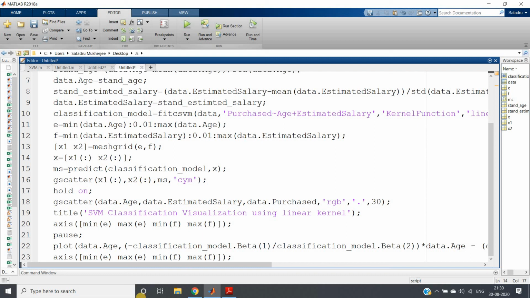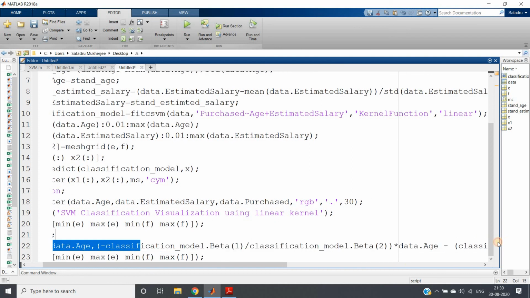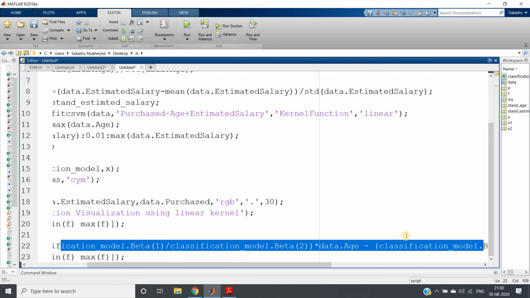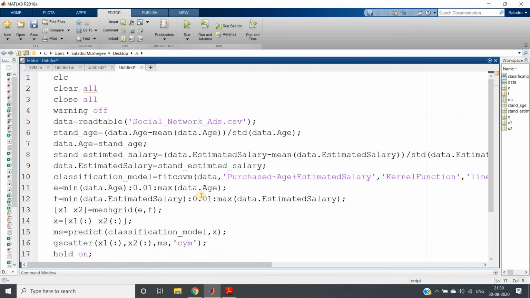So here is the point: if you have no feeling for how these equations came, why this is a linear classifier, that above the line is positive and below the line is negative, then you always have to treat these algorithms and the whole code as a black box. But once you get a proper feeling for the mathematics, then you can have a good understanding of the code also.